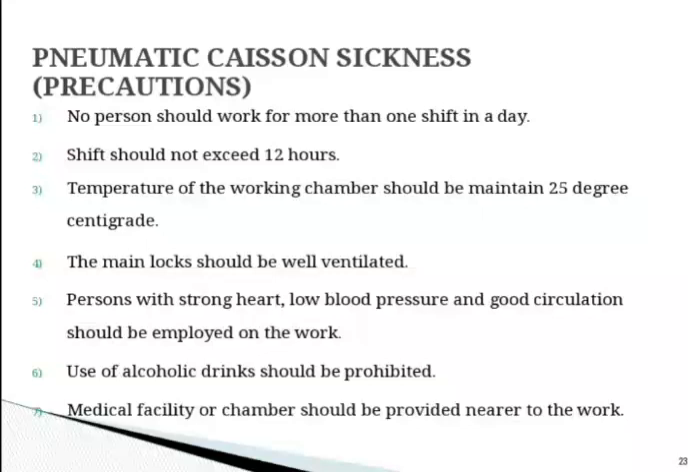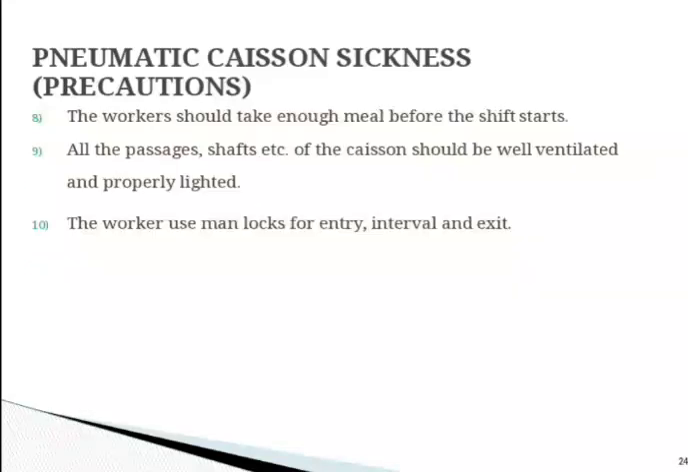The precautions taken for pneumatic caisson sickness are: no person should work for more than one shift in a day. Shift should not exceed 12 hours. Temperature of the working chamber should be maintained at 25 degrees centigrade. The man locks should be well ventilated. Persons with a strong heart, low blood pressure and good circulation should be employed on the work. Use of alcoholic drinks should be prohibited. Medical facility or chamber should be provided near the work. The workers should take enough meal before the shift starts. All the passages, shafts, etc. of the caisson should be well ventilated and properly lighted. The workers use a man lock for entry, interval and